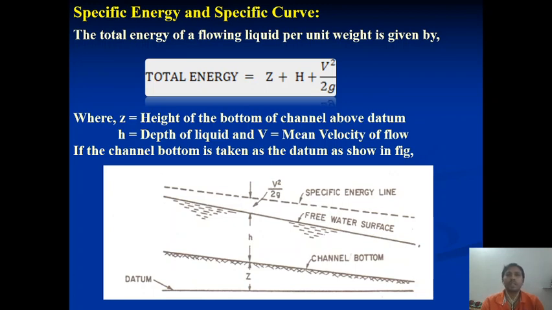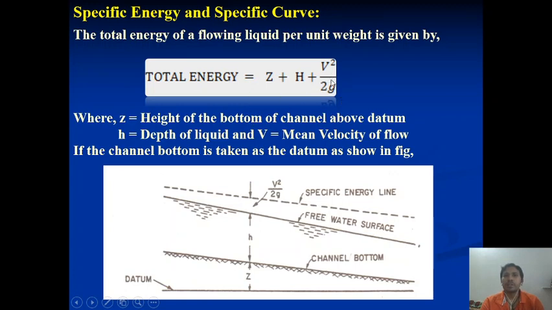So what is specific energy? Specific energy is what the water has when it flows in the channel; it is conserved across three different types of heads. These heads are added to make the total energy. The first head is the datum head. You can see in this figure that Z is the datum head, which shows that the channel is inclined. The second head is the height or depth of the water in the channel, denoted by the capital H. And the third head is the velocity head, which is v square by 2g.